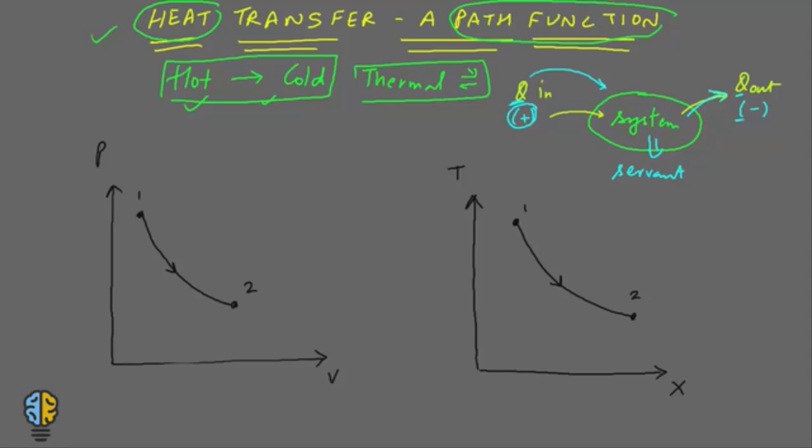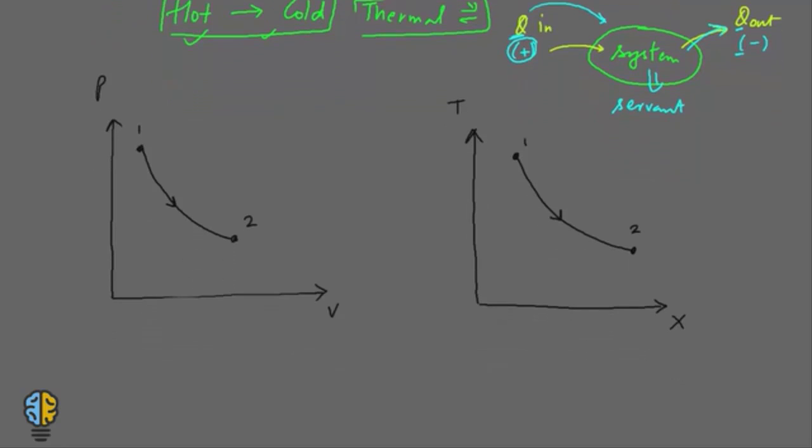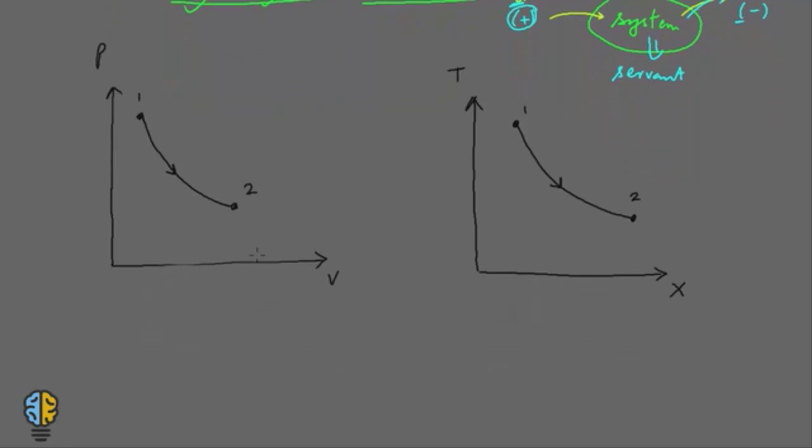Now, likewise the work transfer in a system, heat transfer is also a boundary phenomenon. So it has to flow across the boundary. It is also a boundary phenomenon. Alright, so this is a very, very important thing to understand.